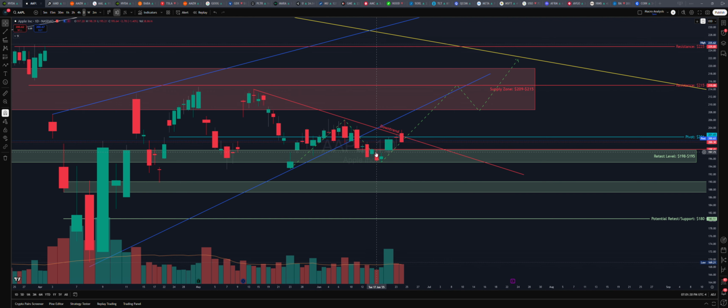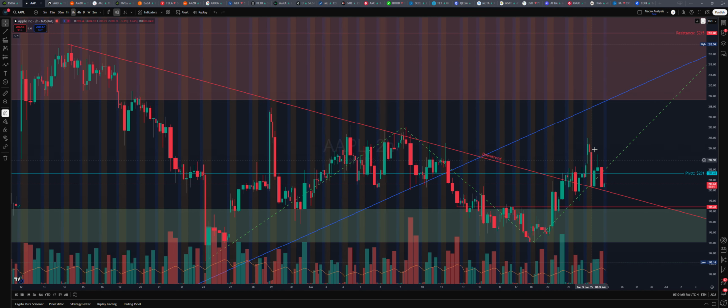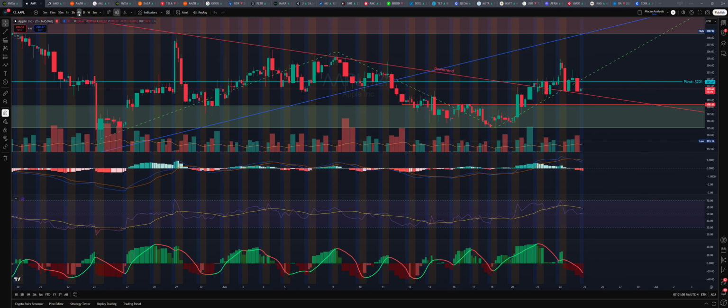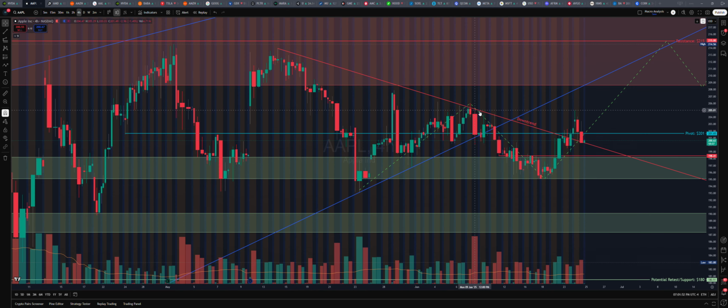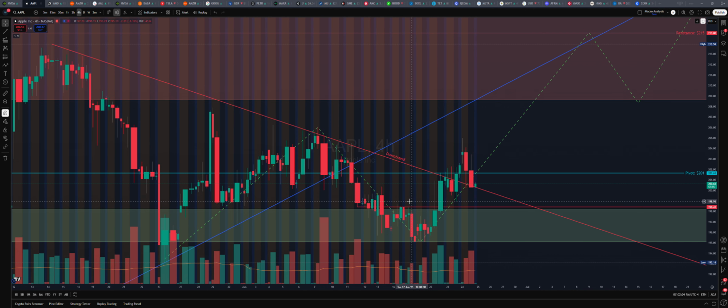and can hold this level, you'll see this 201. So if you're trading this, you might want to wait for this 201 level to hold support before you move up, before it goes for this path over here. That's what we're looking for in terms of Apple at the moment. You're currently breaking above and coming back down, retesting that level. If you look at the 4 hours right now in Apple, the 4 hours look like it wants a bit more downside. So I want to see this level continuously get held, especially this 198. But we'll see how it goes.